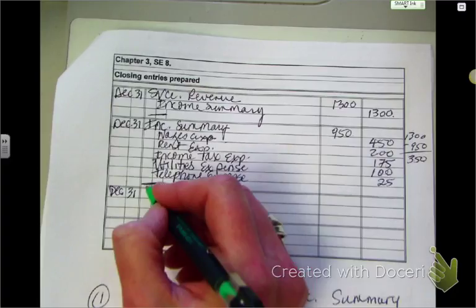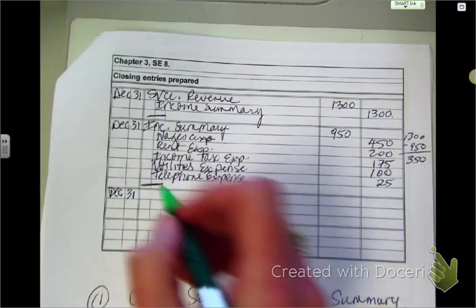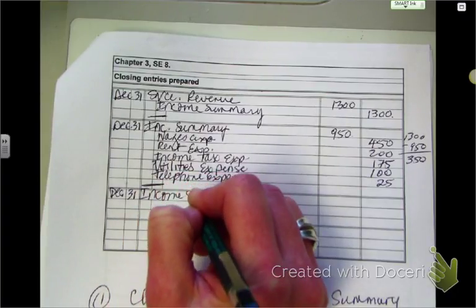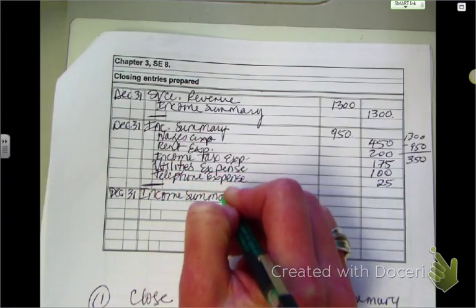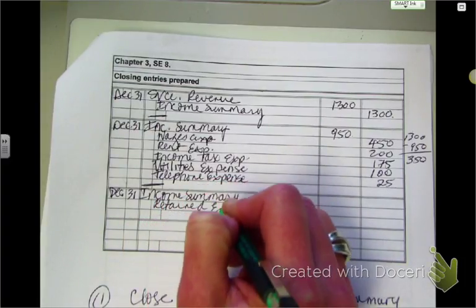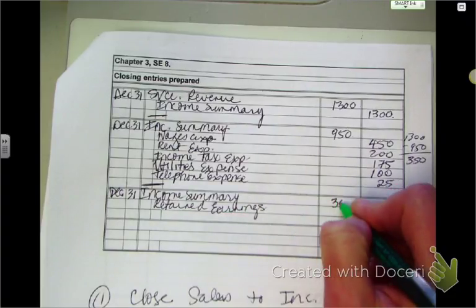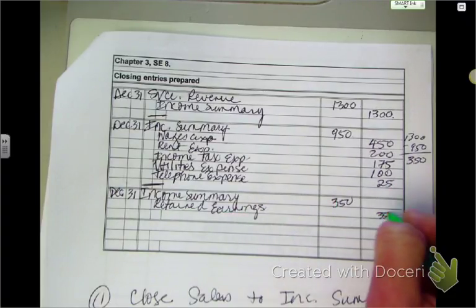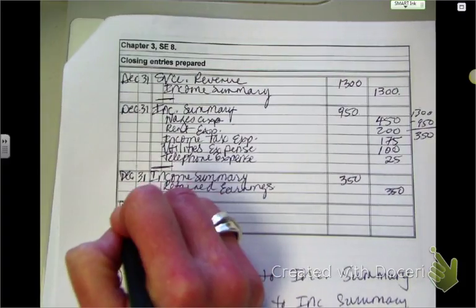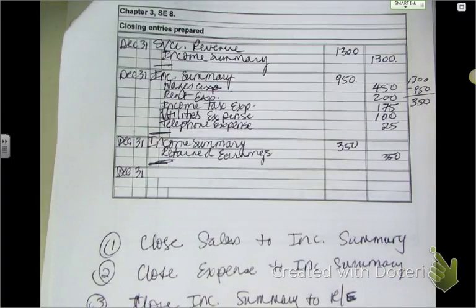Okay. So if my income summary has a credit balance, I've got to debit it to close it out. So I'm going to debit my income summary. And what am I crediting? Retained earnings. For how much? $350. Not doing the explanation. And then December 31st, the last one, it said in the problem that we had dividends